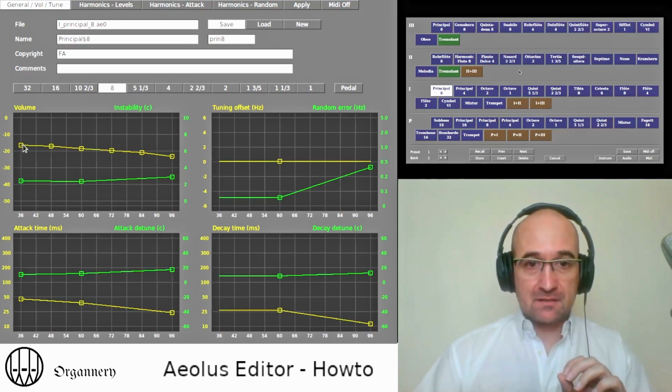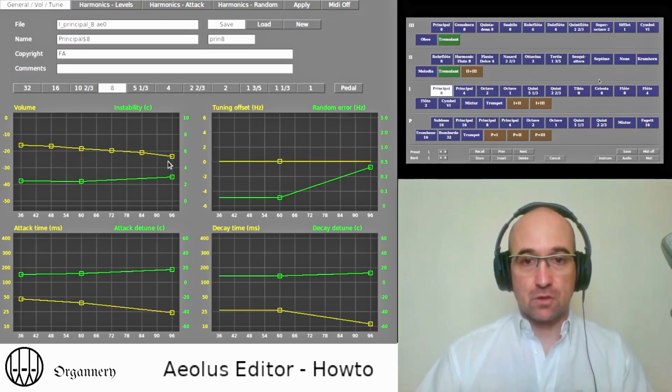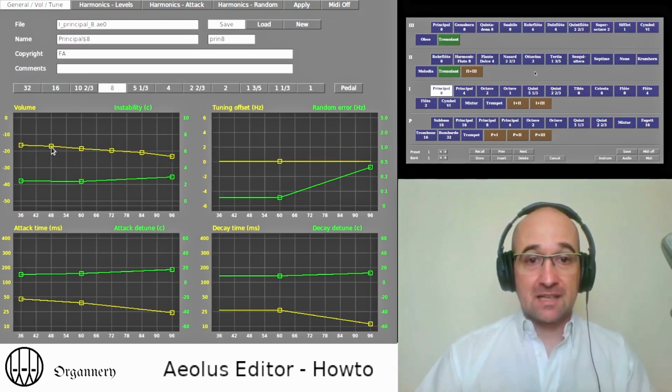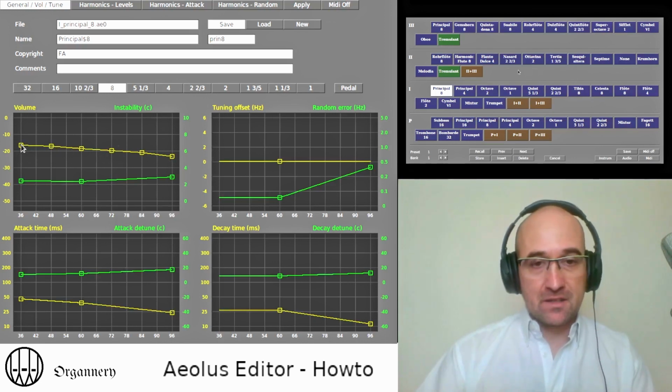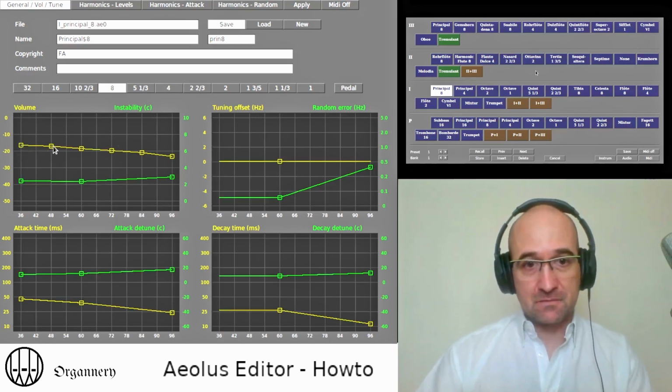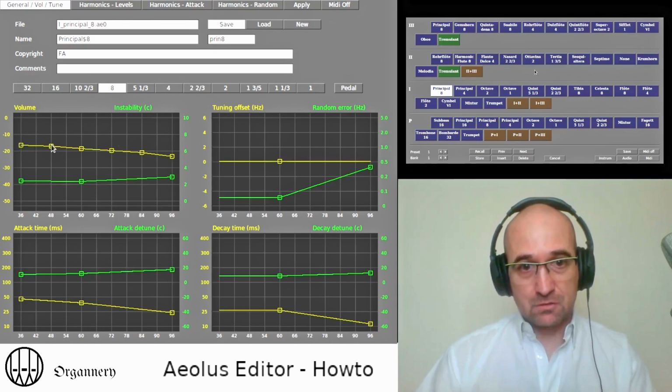You can define a different parameter for each step of 6 notes, and that happens where a square is. If there is no square, then the software will interpolate between the lowest value and the next value for each note of the range.